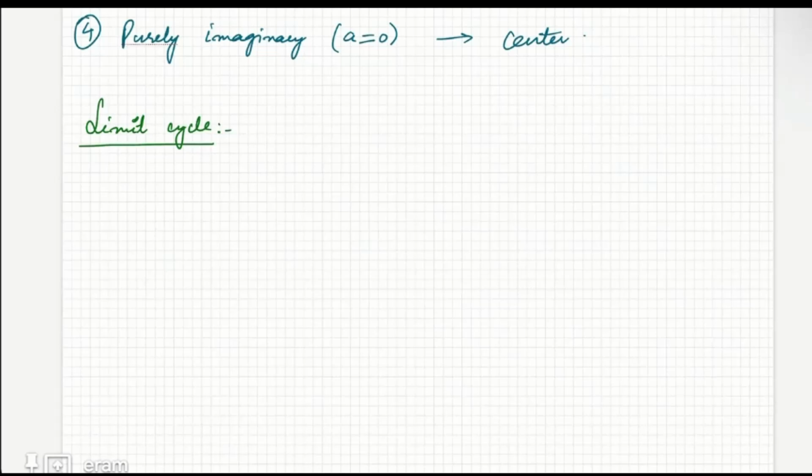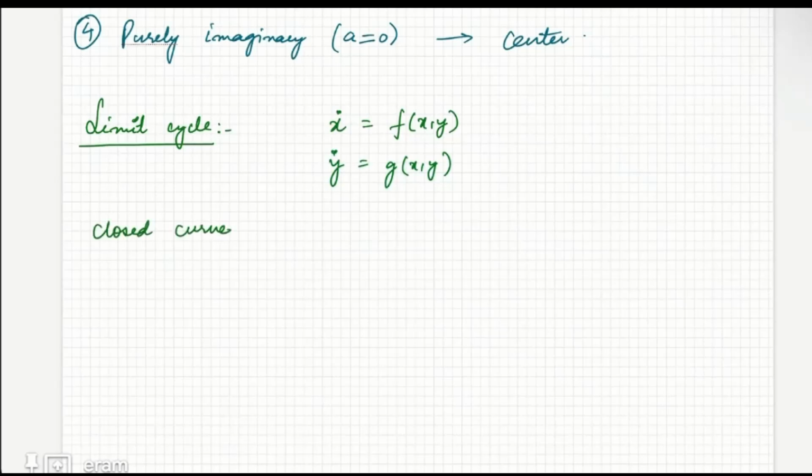We consider a system of the form x dot equals f of x y and y dot equals g of x y. Let's call this system 1. A limit cycle is a closed curve of system 1 such that